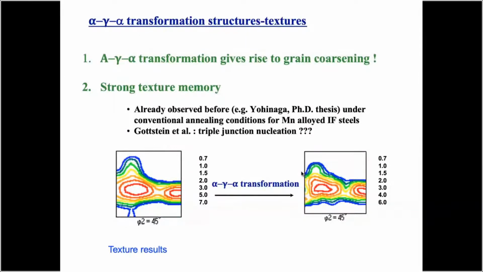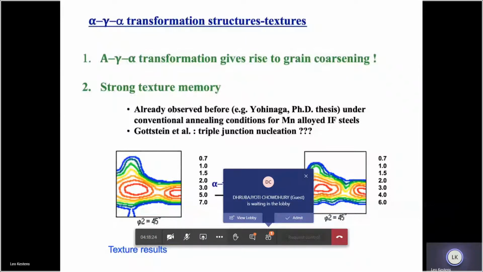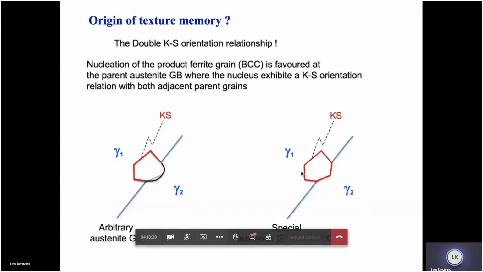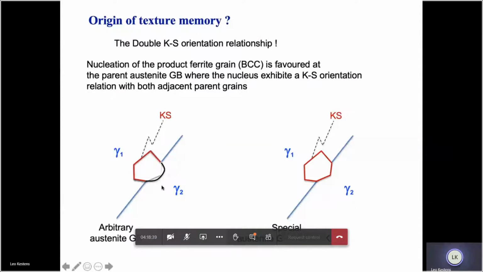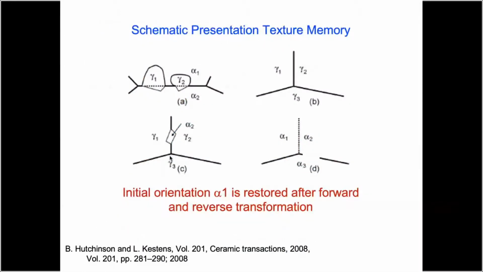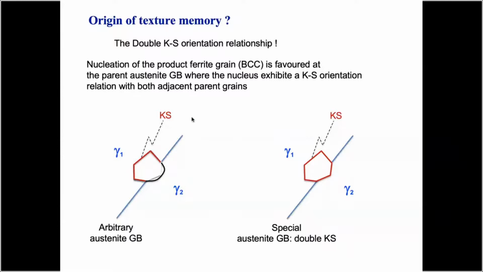If you have the migrating birds, for example, they also know exactly where to go back to from where they came. So how come this? There must be a mechanism. And we have done a lot of research on this, and we came to a definite conclusion. I'm just going to tell you the essence of the story, which is that nucleation of the new phase always occurs at the grain boundaries of the parent phase. That's by far the most preferred